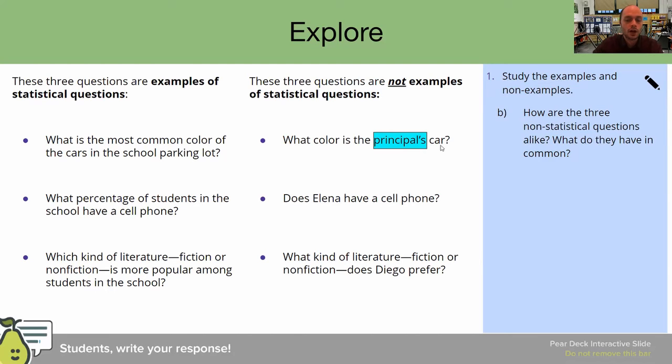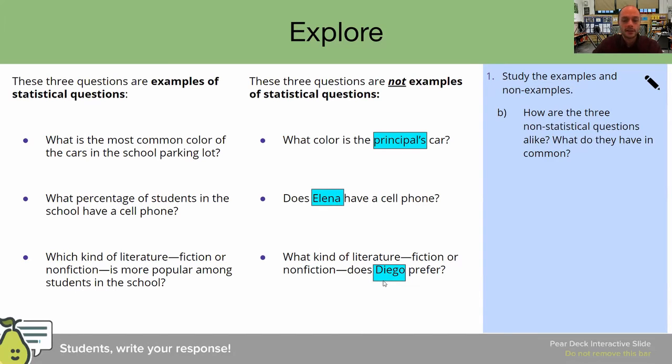So whatever car the principal has, it's one car. So if that's what you noticed, you are correct. Good job. Now, the second question says, does Elena have a cell phone? If you said that Elena is one person, then again, you are correct. Good job. And for the final question, if you notice, we're talking about Diego, which is one person again, then